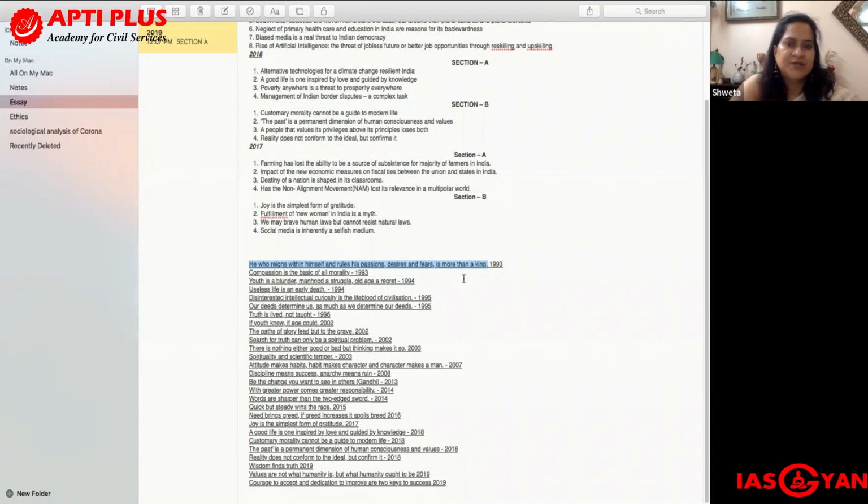So here, definitely all the values required for bureaucracy, for administration, that is there in paper 4, which you would be preparing in your GS paper 4. All those can be discussed here with a lot of real life examples, which would make the essay engaging and interesting, right? Okay. Then you can see compassion is the basis of all morality. Again, you can see the word morality, compassion, right?